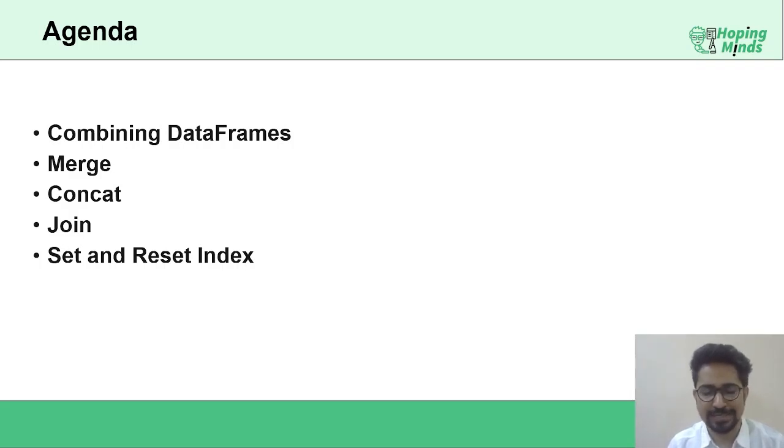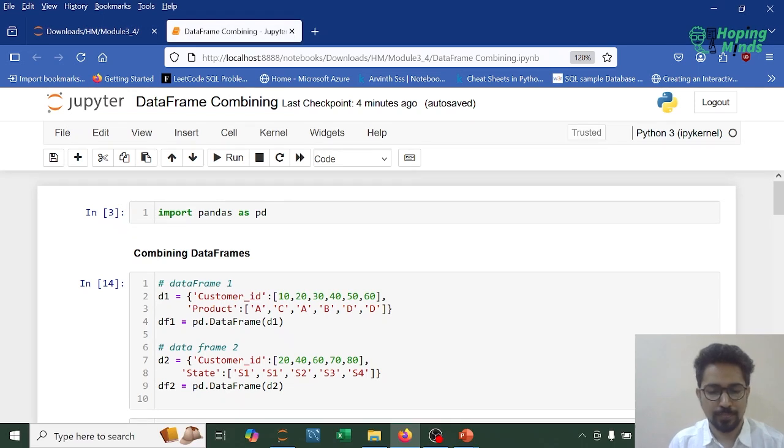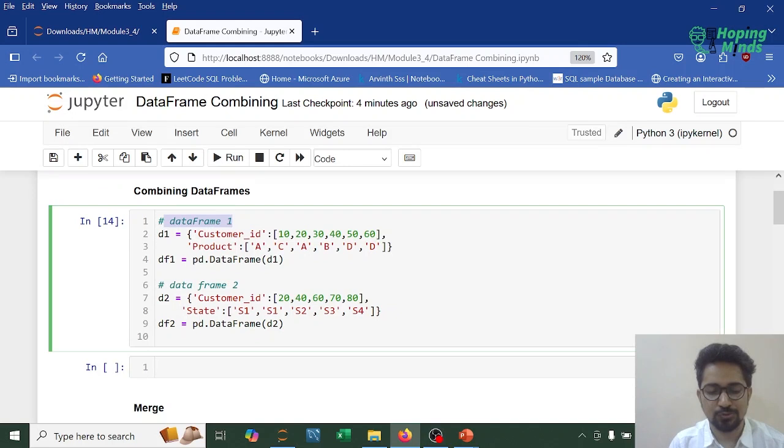So I'm switching to the Jupyter screen. The first step to combine data frames is to have a data frame in the first place, and for that we need to import pandas. So over here I've imported pandas. Next, to combine the different data frames, I'm using the dictionary D1. Over here I've mentioned a couple of customer IDs, which I'm calling C_ID: 10, 20, 30, 40, 50 and 60. So these are the customer IDs, and they are buying these products, right? The products are A, C, A, B, D, D, and over here I'm creating a data frame with this